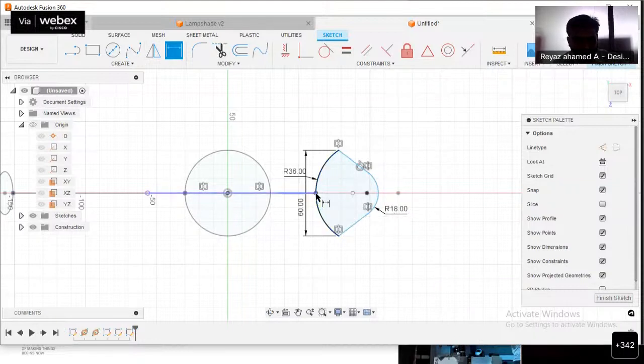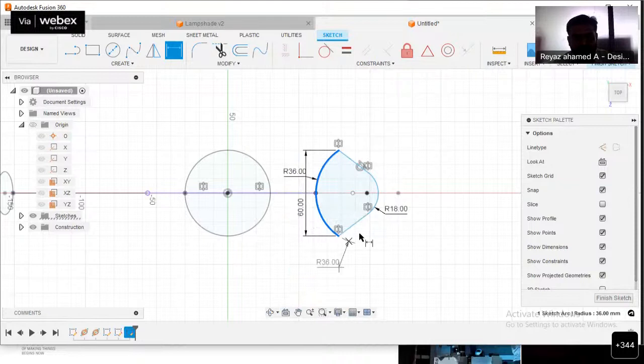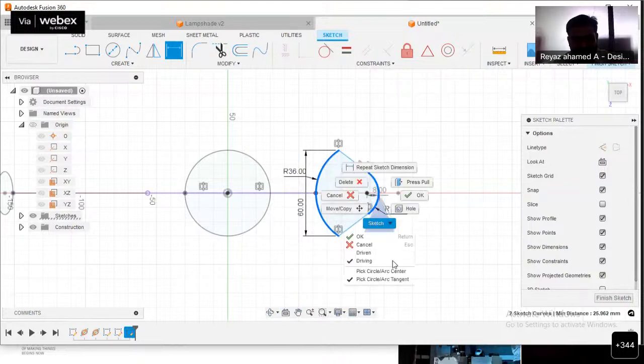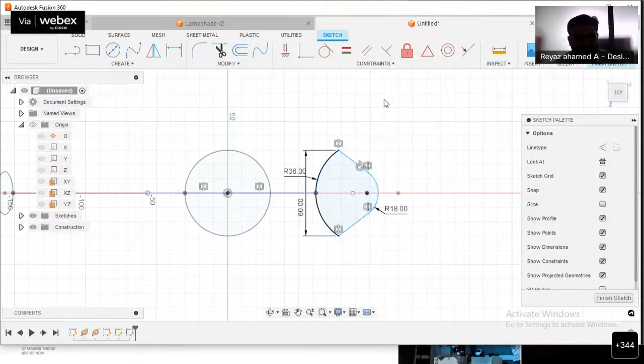Let me choose, so instead of choosing this point, let me choose this arc. Right click. So whether the arc center has to be picked? No. The arc tangent should be picked. Let me click on this one. Again, this arc. Again, right click. Pick tangent, yes. So in such a way only we have to click.